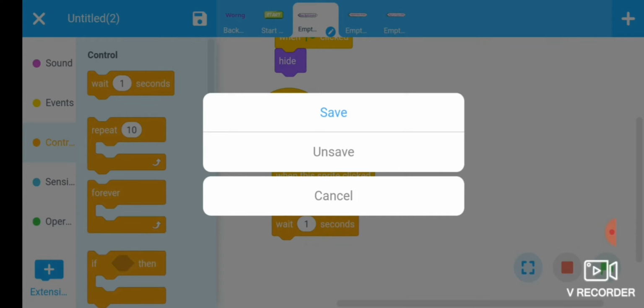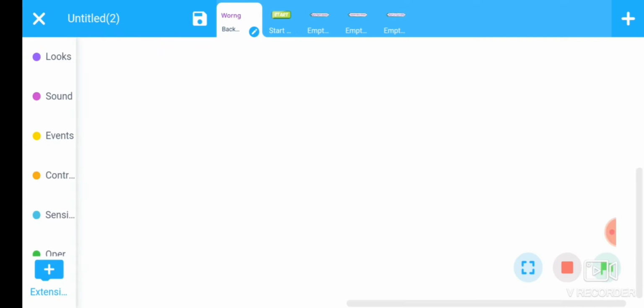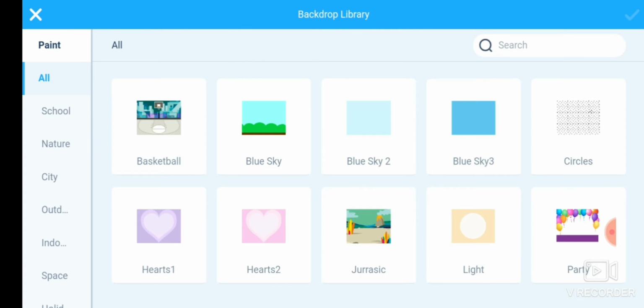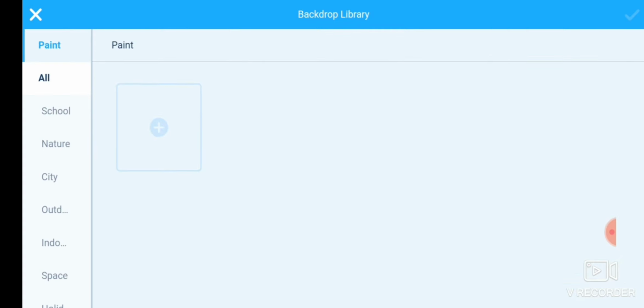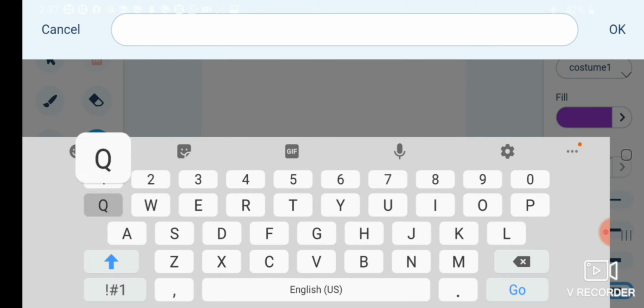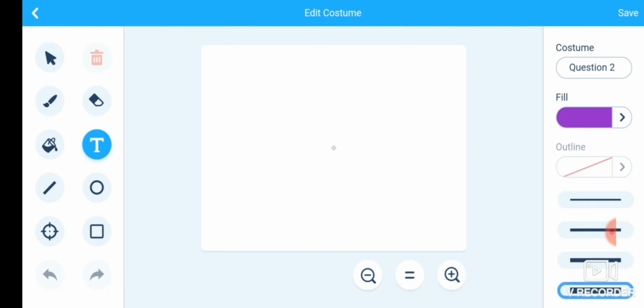Then again add another backdrop here. This is the question 2 backdrop. Type here question 2.